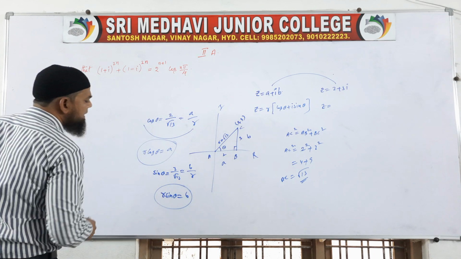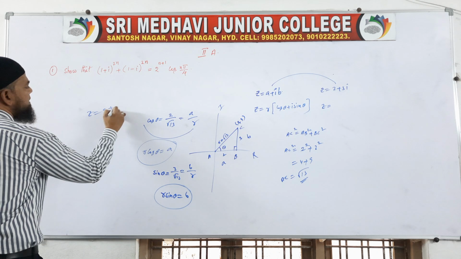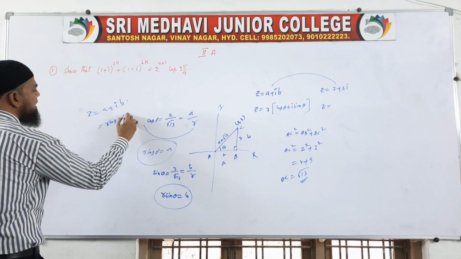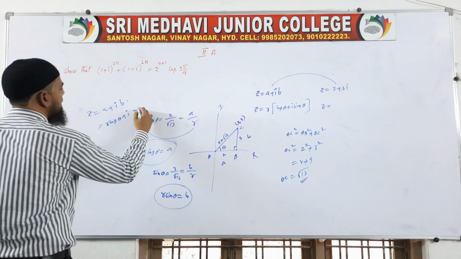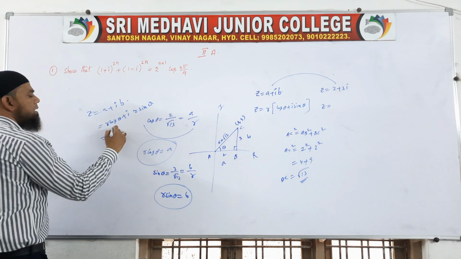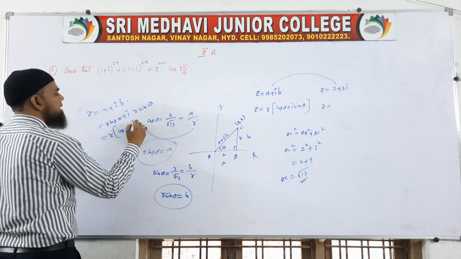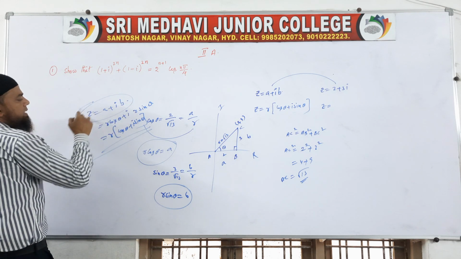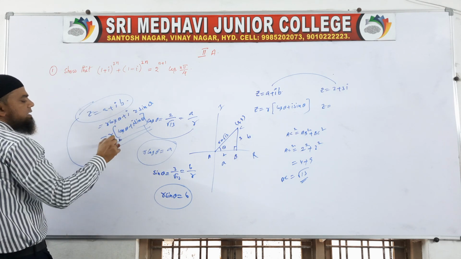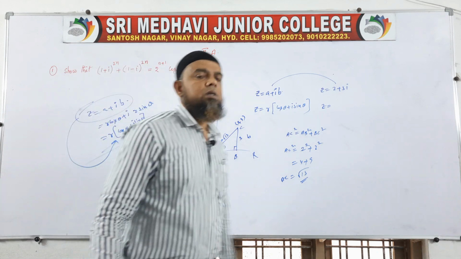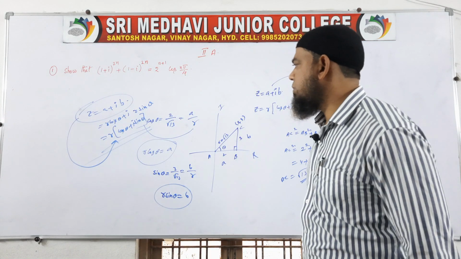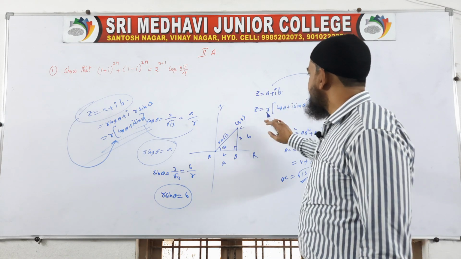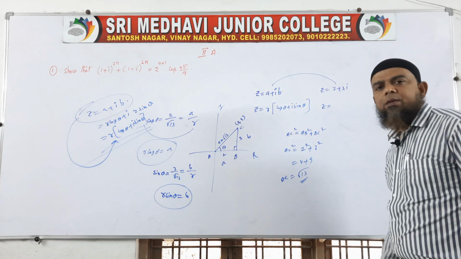But what is our complex number here? Z is equal to A plus iB. What is A from here? You see, R cos theta. I is as it is. What is B? R sin theta. When I am taking R common, what will you get? Cos theta plus i sin theta. See, it is A plus iB. A plus iB can be changed as what? R into cos theta plus i sin theta. This is the most important point here. A plus iB can be changed as R into cos theta plus i sin theta.